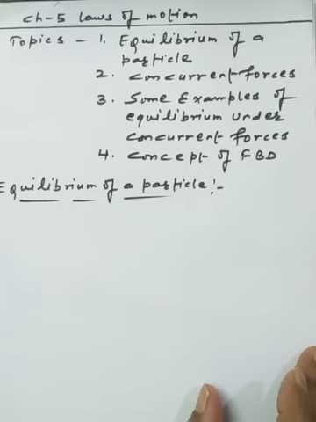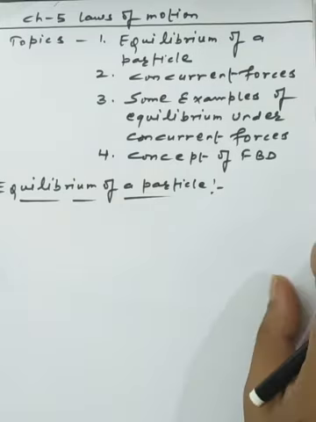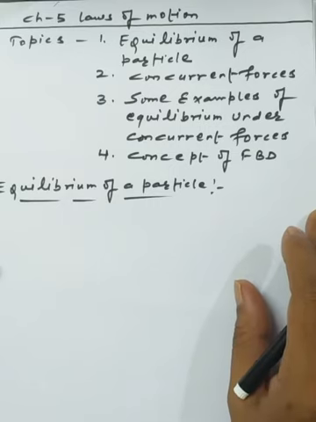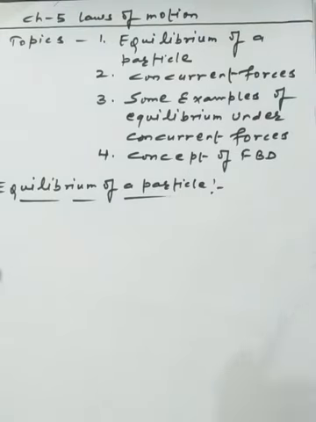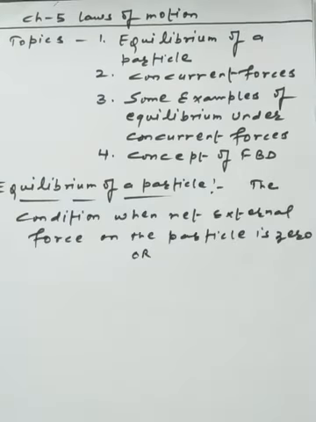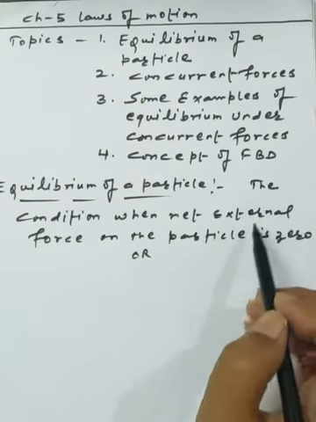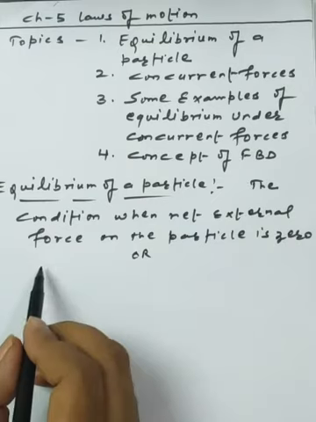So first I am starting with the topic equilibrium of a particle. The equilibrium of a particle in mechanics refers to a situation when the net external force on a particle is zero, or simply we can say that if the number of forces acting on a particle have zero resultant. So this is the condition of equilibrium we have. In words, I am just writing the definition: the condition when the net external force on the particle is zero,